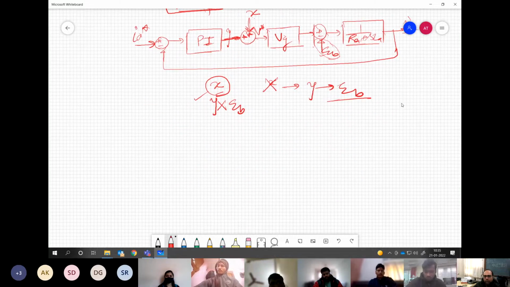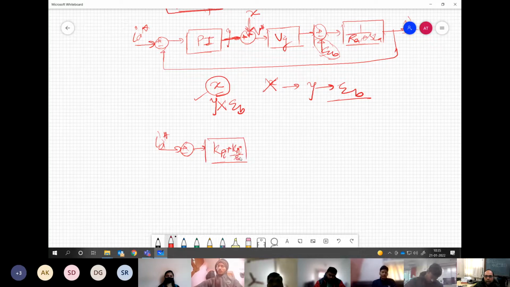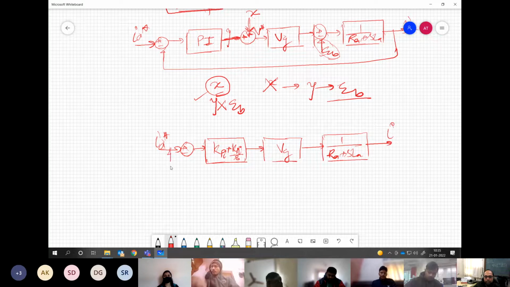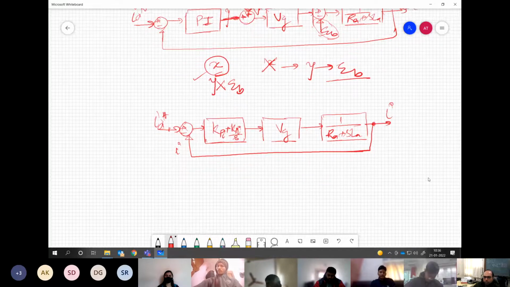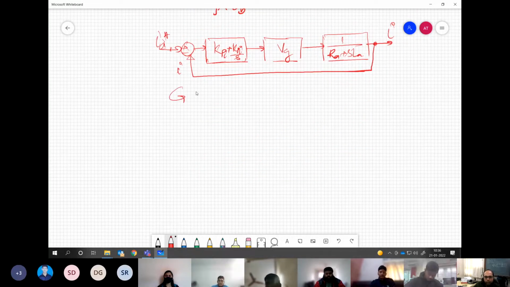So with this understanding, now we have a simplification for this control loop as IA star, and now let me write the transfer function for the current controller. Say I will use KPI and KII to distinguish from the other PI controller. And now because this is compensated, I can directly write the VG gain, and this is also gone. So we have the linear plant over here. Fine. No problem in this, right? Any problem in this? No, sir. Good. Now we have the open loop transfer function for the current loop given as